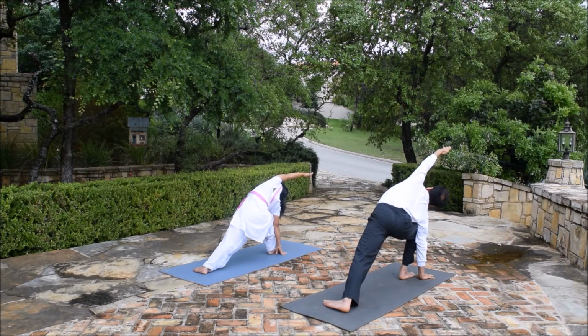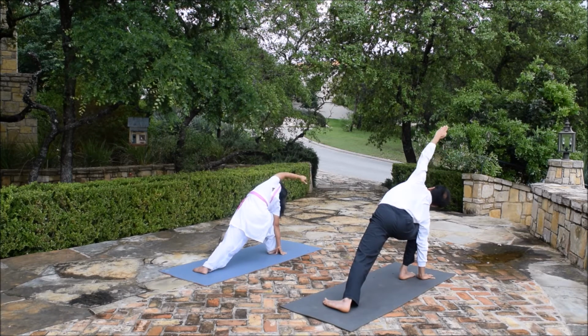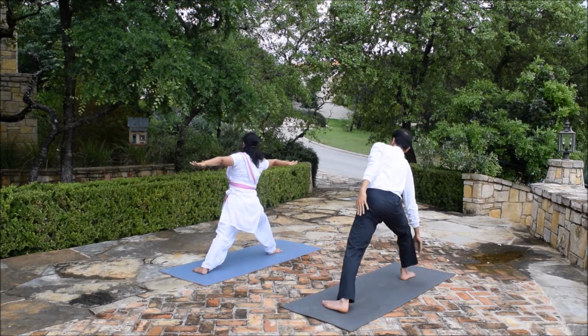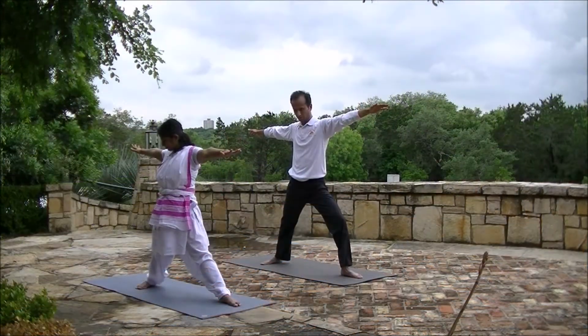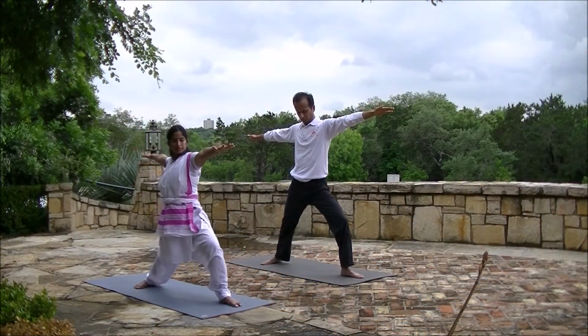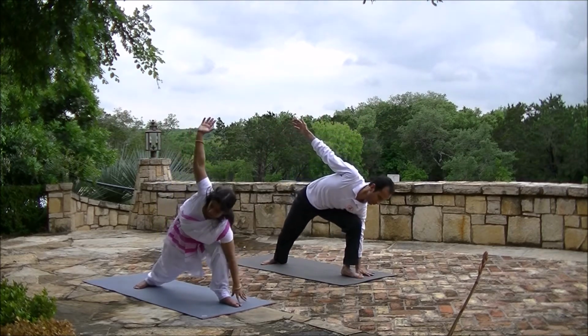4, 3, 2, and 1. Inhale, come up, back to Samasthiti. Now we'll do the Parshva Konasana on the left side. Bend the left knee, bring the left hand by the foot, bring the right arm over and above and